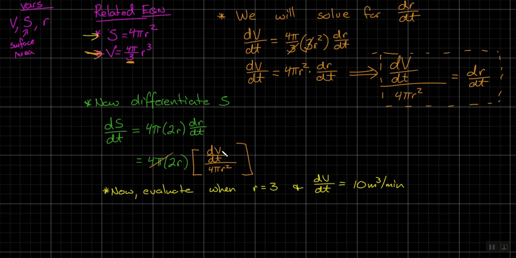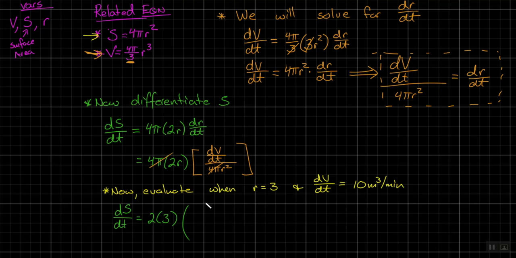Now, if you guys noticed it, the 4 pi's divide out. Cool. And then let's just see. We wind up with ds dt, and hopefully we get the same answers. And that is right. That's the last little challenge. That's 2 times, what's r? 3. And then since my 4 pi is divided out, I'm just going to multiply this,